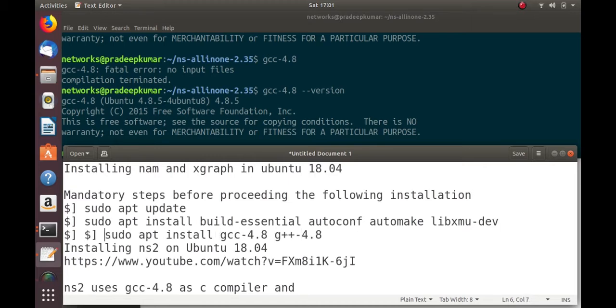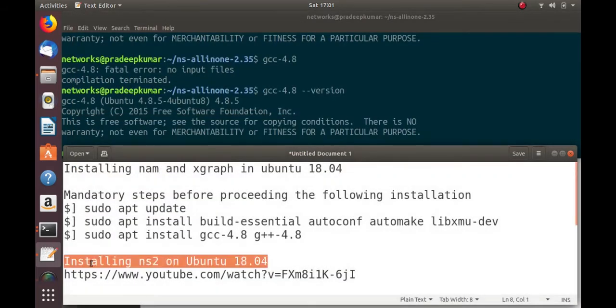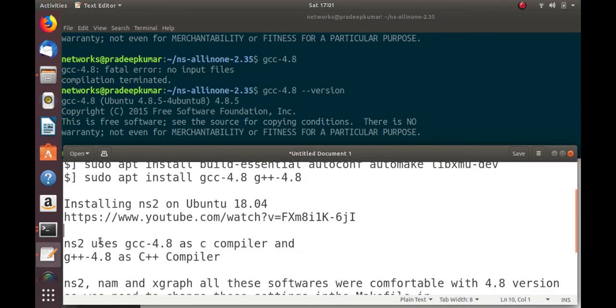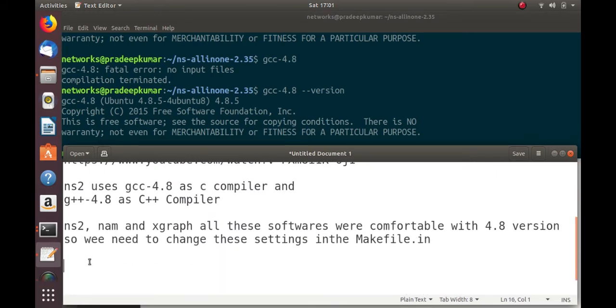These are the commands that you need to run before you start this procedure. If you want the detailed explanation, you can refer to this URL. This is also my own channel. I have already given this a year back, and now we will be doing the modifications.